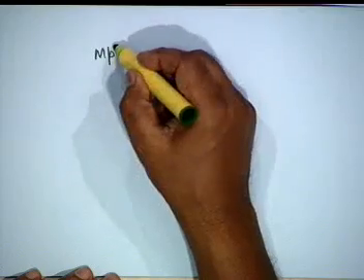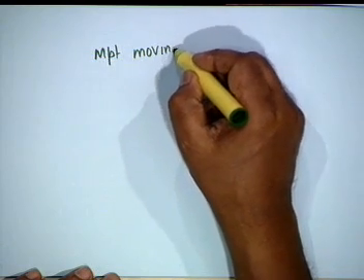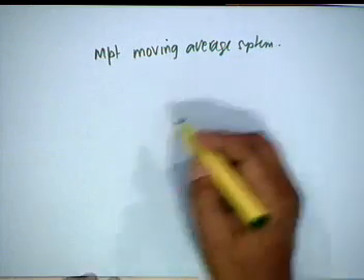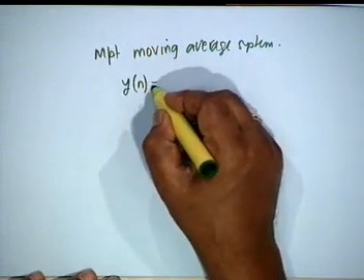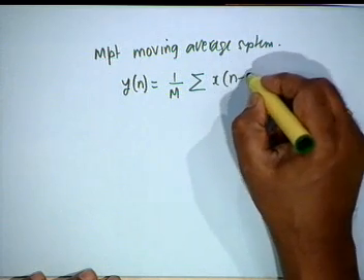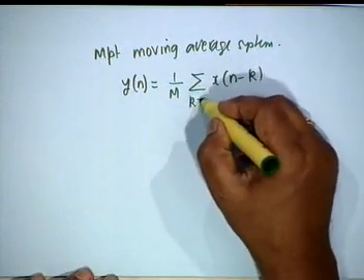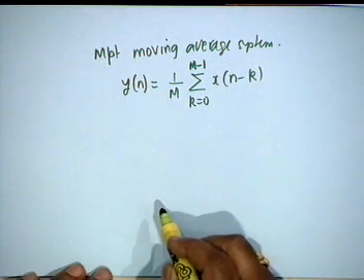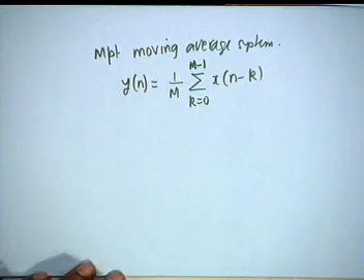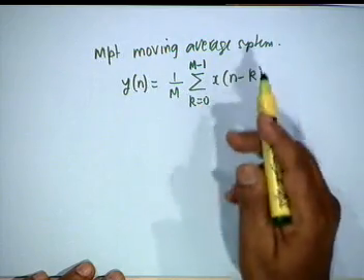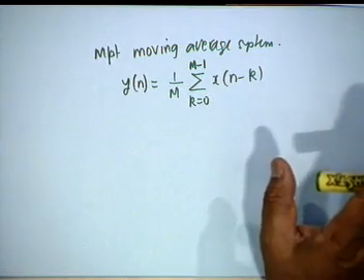As an example, if we take the M point moving average system, that is y of n is equal to 1 over M summation x of n minus k, where k goes from 0 to capital M minus 1. Agreed? What is the impulse response of the system? It is 1 by M for n going from 0 to M minus 1, otherwise it is 0,